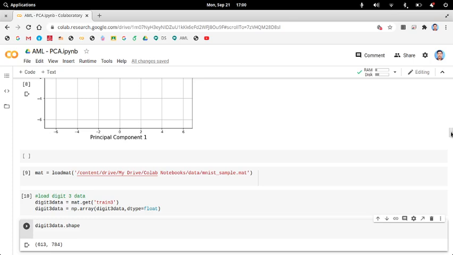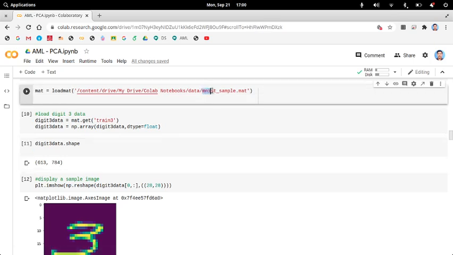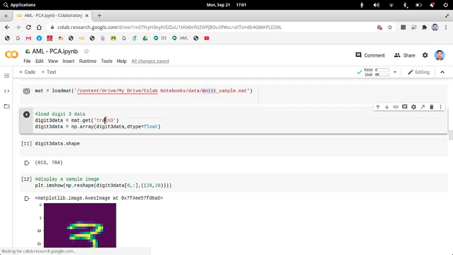Now let's look at another example which uses handwritten digits. I use the MNIST dataset here, which contains all the digit 3. It's a matrix, so I read it using matrix.get, and you show that as an image.